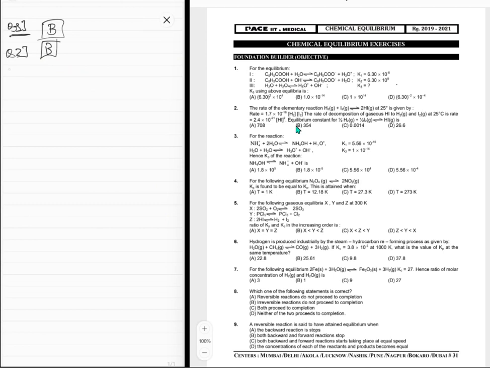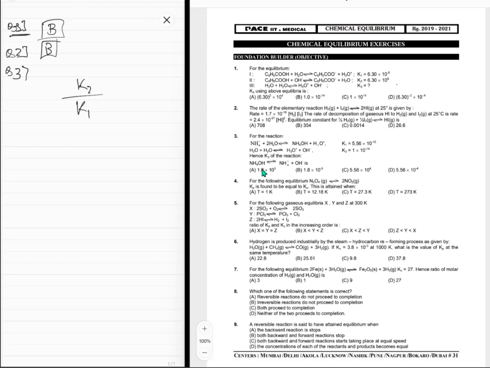Question number 3 is for this reaction. You're given the equilibrium constant, hence K3 of this reaction. This gives NH4 plus, so it's the inverse of that reaction, and that's why you're dividing by K1. And this reaction goes on the front because you have this OH minus over there and there's no other OH minus species. So this reaction is going forward, the first reaction is going backward, and that's why K2